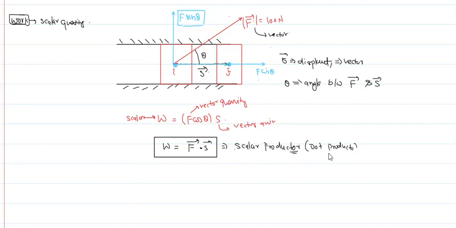So you can see which force is responsible to produce the work. That is F cos theta. If this force is not there, then what? There is no work. If you have two vectors and you multiply them to get a scalar quantity, it's called the scalar product or vector dot product. You can also write work equal to F s cos theta, where theta is the angle between F and S. Correct?